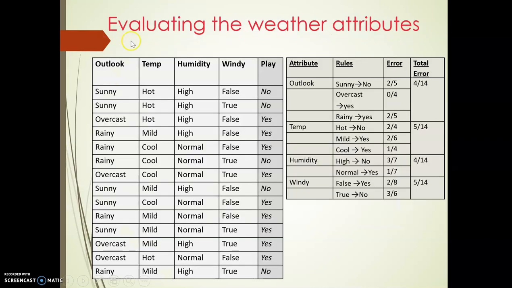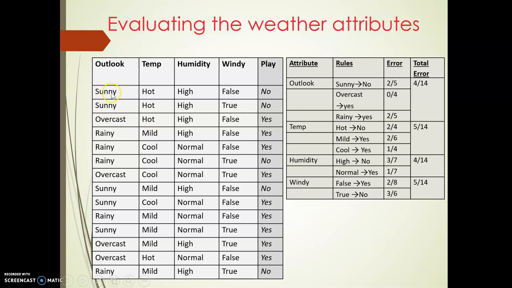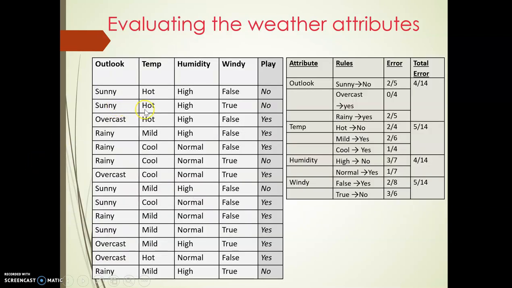the sunny. That means wherever you have the sunny, under that sunny you need to again consider these three attributes with the decision. So you can see temp, humidity, windy, play. But the values that need to be considered under this table are only where you have the sunny value for the first column. For example, these entries need to be taken: hot, high, false and no. You can see hot, high, false and no. So similarly, wherever you come across the sunny, the corresponding values need to be copied there.